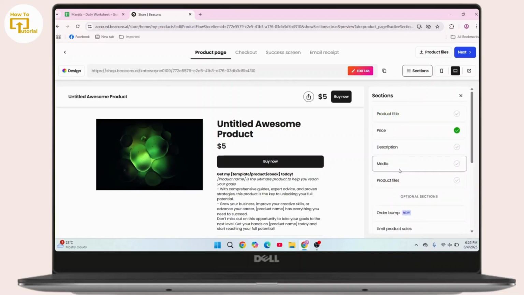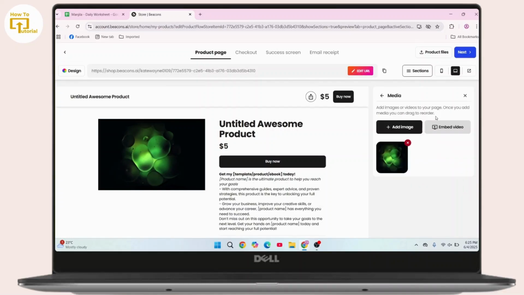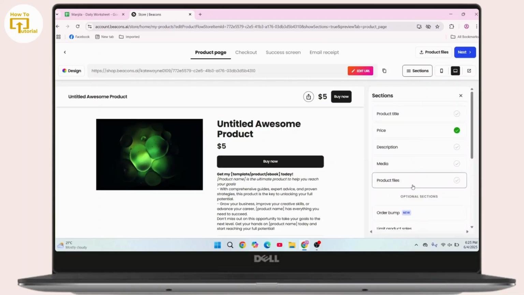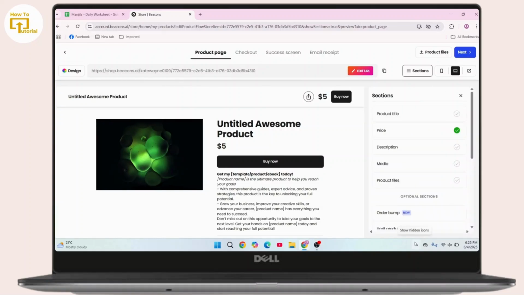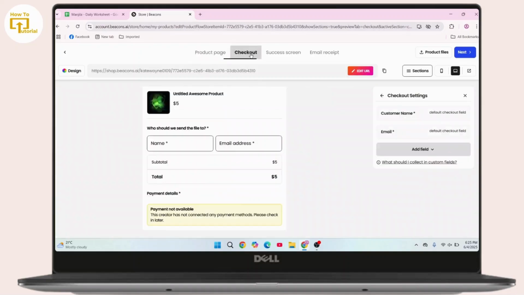And the fourth one is media. Click on it and here you could either add images or embed a video. And under that you have to add your product files. Click on product file. Here you could either upload a file from your computer or add a link. So once you're done with all of the sections, now you'll be headed towards the second checklist, that is